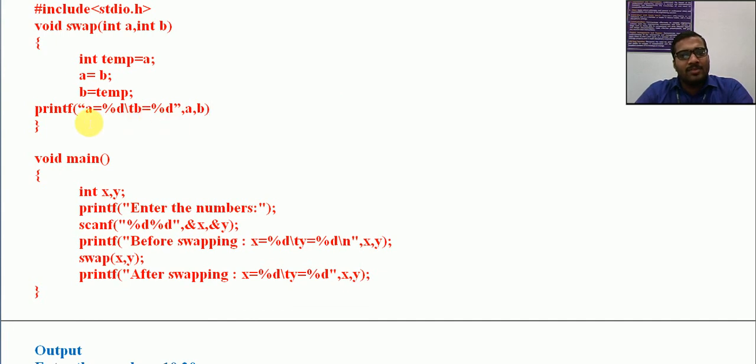Okay, so I am printing a is equal to a, b is equal to b. Now in this, if we are executing this statement, the result will be like after swapping. See, while calling this swap, it will print a is equal to 20, b is equal to 10. So the entire result will be x equal to 10, y equal to 20, a equal to 20, b equal to 10. Then again, what about this one? X equal to 10, y equal to 20.